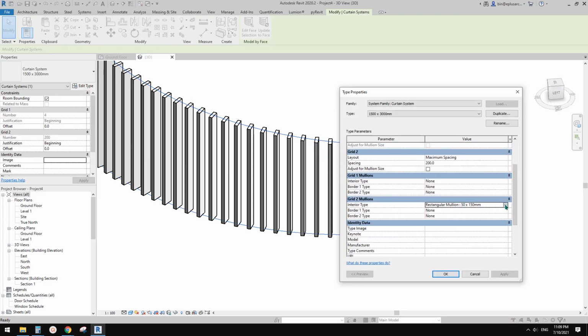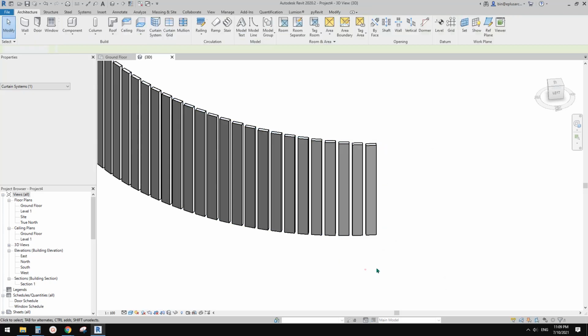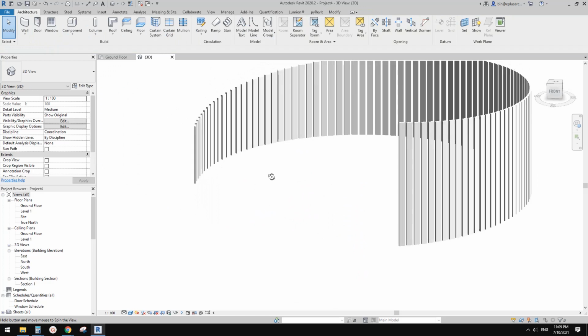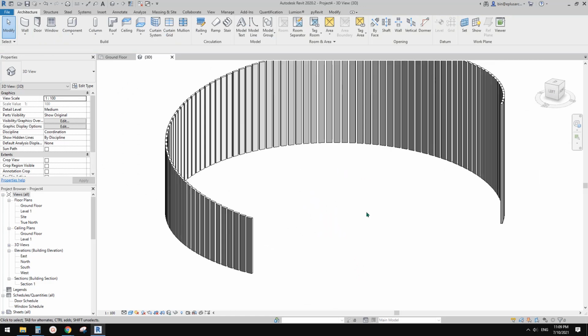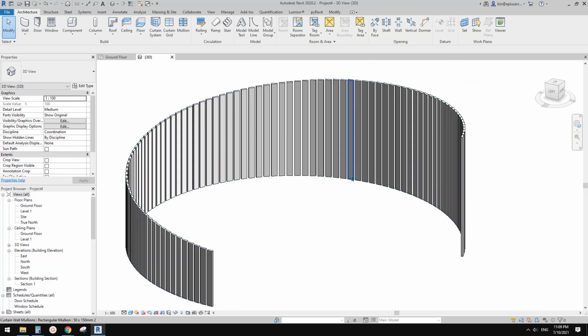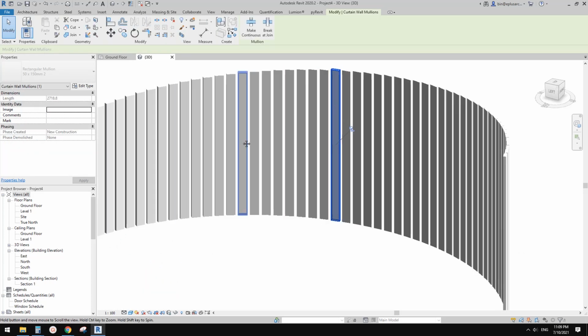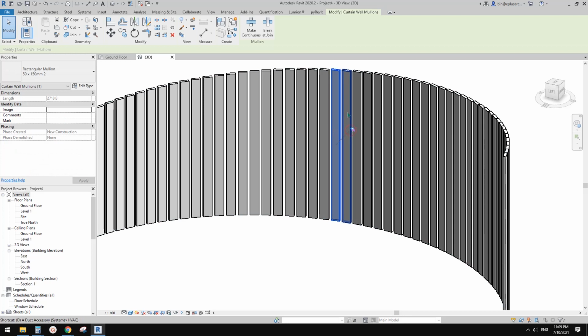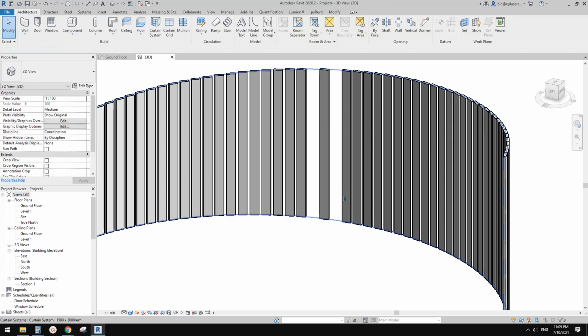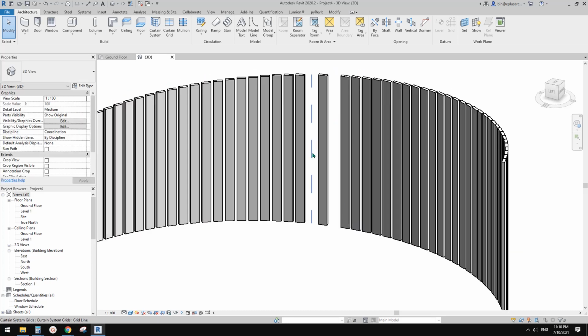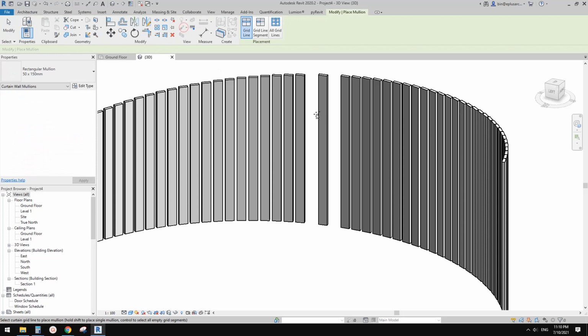So now we can change the setting to the new one. And okay, so now this is what we have. So generic model with curtain system. And also, if we want to delete part of them, you can just always unpin, delete. Okay, unpin, delete. And if you want to put them back, you can always go to architecture, mullion, and click